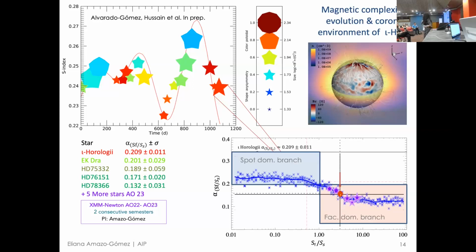The idea is to understand where the magnetic difference between a spot-dominated star and a facula-dominated star comes from. What we believe with what we have now is that the difference is the magnetic field structure and the stability of the magnetic flux emergence in the photosphere of those stars: spots tend to prevail for more active stars with more stable fields, and faculae for less complex, more simple magnetic configurations in the facula-dominated case.